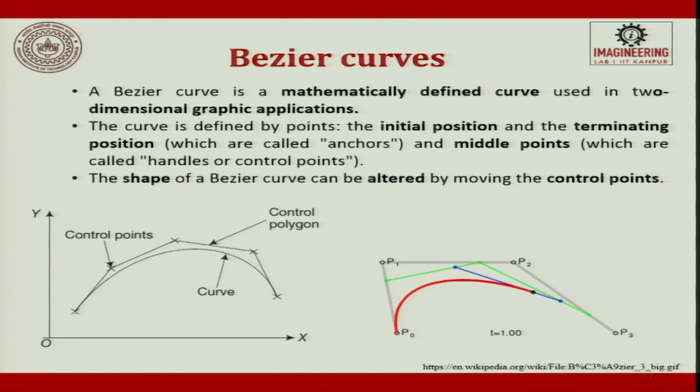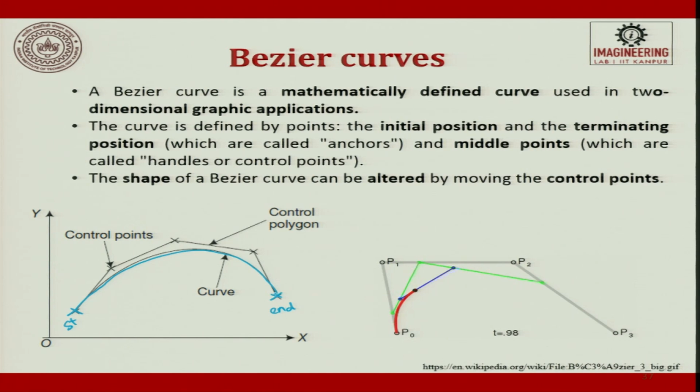For example, if you want to draw this curve, you will have a start point and an end point. That end point is called the terminating point. If you put a start point and end point, you can draw a straight line, and you can also draw another straight line which takes a different route. So, 2 points can be joined by n number of lines. Now, you have to define a curve using 2 points.